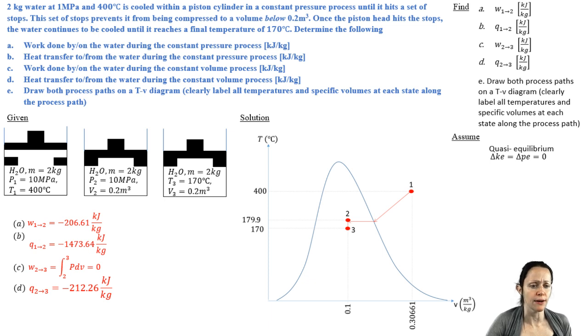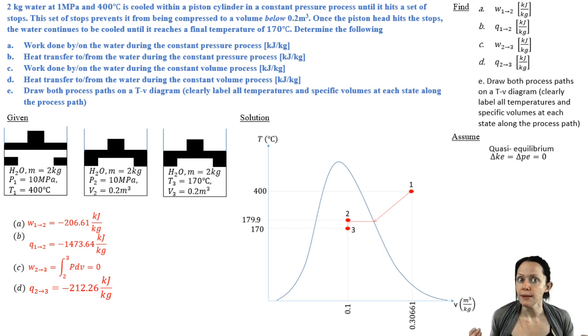So what you see here is my vapor dome. State 1 is clearly in the superheated region, and states 2 and 3 are in the two-phase region. Now from 1 to 2, you note that we had a constant pressure process. So that line that goes like this is a constant pressure line. It kind of slants like this on the right-hand side. It goes straight across in the middle, and then it would go like this once it got to that saturated liquid line. So from 1 to 2, clearly going along a line of constant pressure,